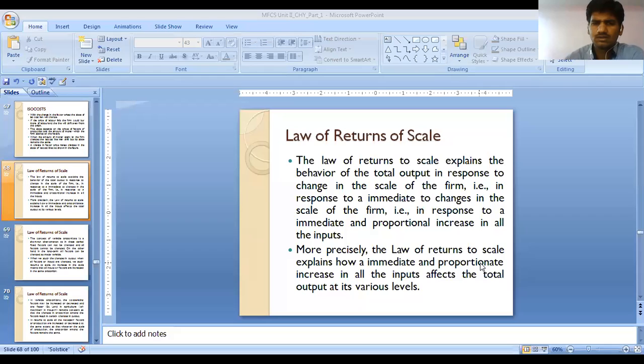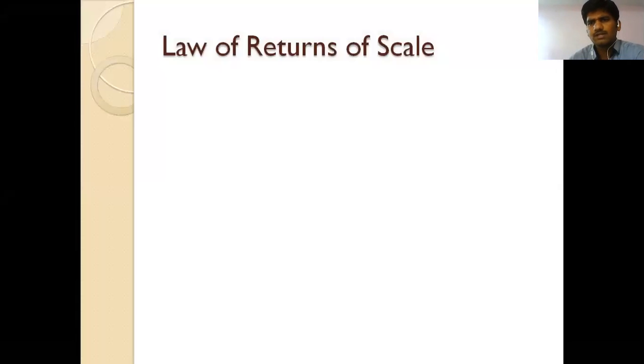Then the next topic of today is about... we already saw the law of variable proportion. The law of variable proportion leads to the ISO quantums and ISO cost. So that is a variable. Hence we are varying labors and capitals. How will the firm take these variations on the constant producing outputs?